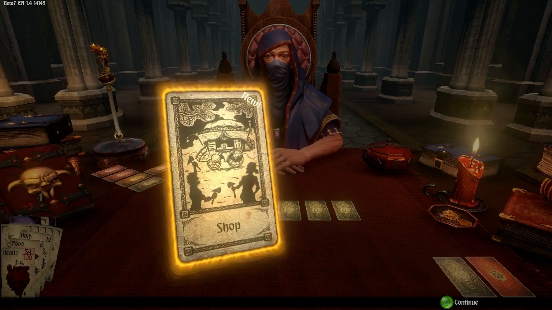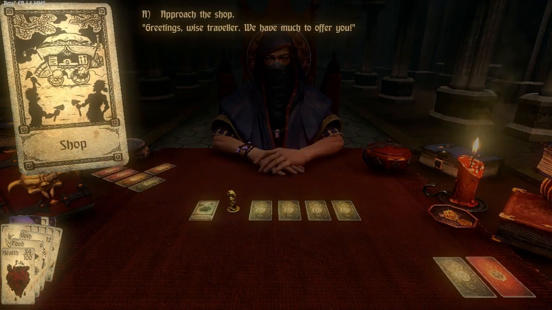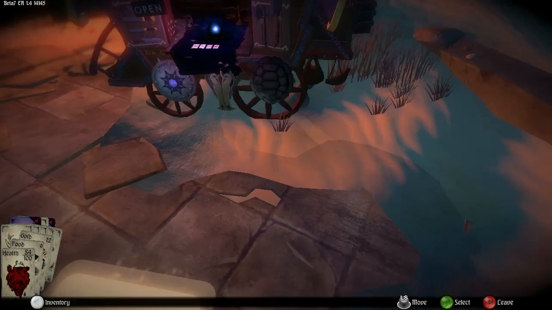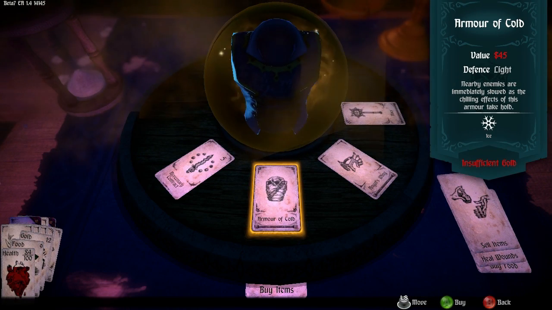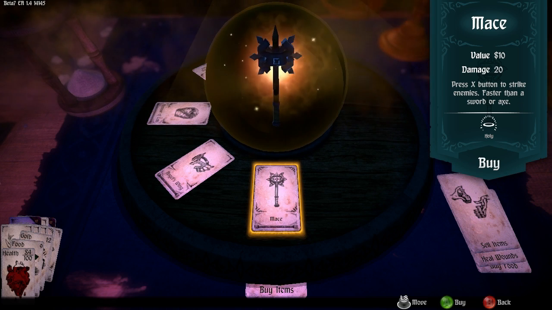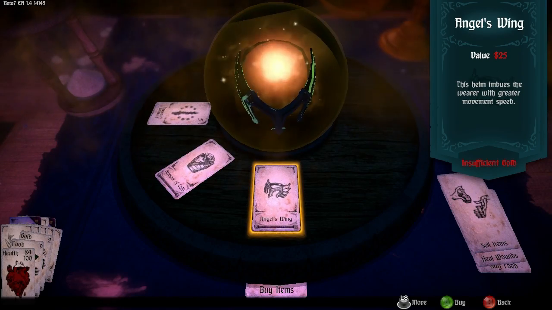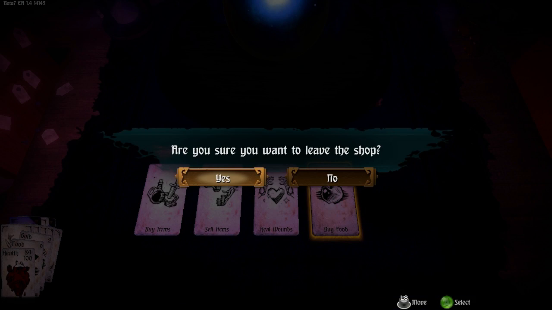And it's either... Oh, we get a shop. Unfortunately, we don't have much cash. So, approach the shop. And see what I can buy from this guy. Honestly, I don't think I'm going to have the gold to afford anything, though, which is kind of a shame. Worst comes to worst, I just go get more food. So what's he got for me? Mercenary contract, armor of cold, a mace. I'm going to go with the mace. I like the mace better than the axe. It does less damage, yes, but attacking faster is pretty useful, and the rest of this stuff...